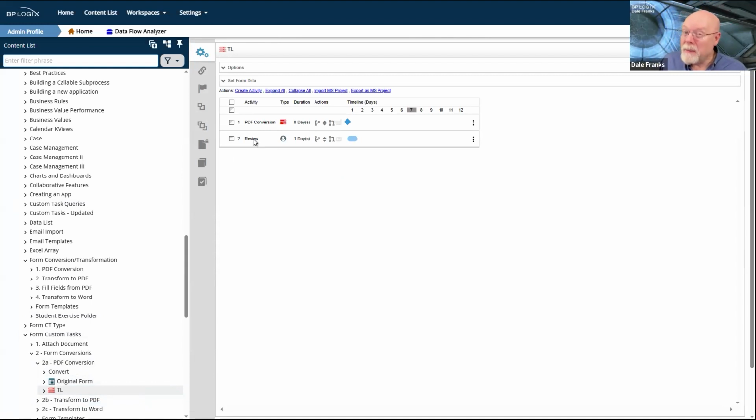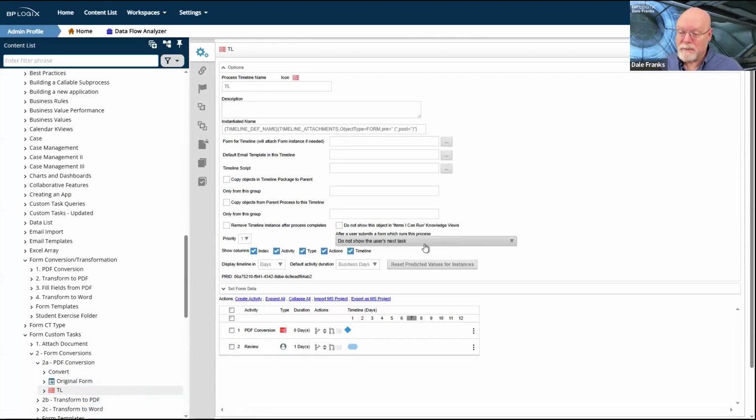I've tried to make this go as fast as I can. For example, in the options section, I've got this set to do not show the user's next task, because I am the user who will be assigned the next task. I don't want to show that task. I want to be able to submit the form and get out of it. But unfortunately, that's going to be a problem.